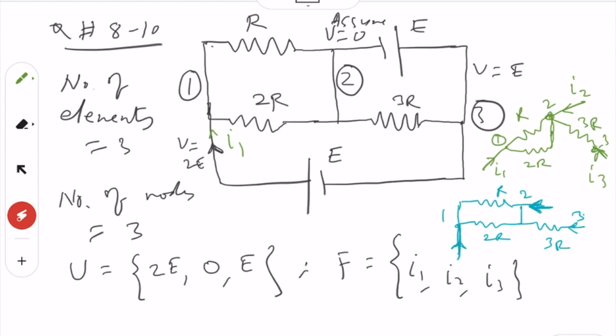And if you see here, this is internal structure, this is also internal, this is also internal. So all of this is internal, the only thing that is outside is this cell. So basically this current is the only thing that matters. So this current will be I2. Similarly, the I3 will be in this case